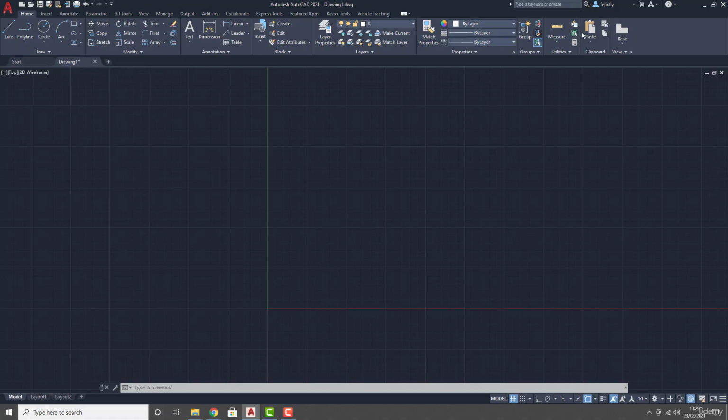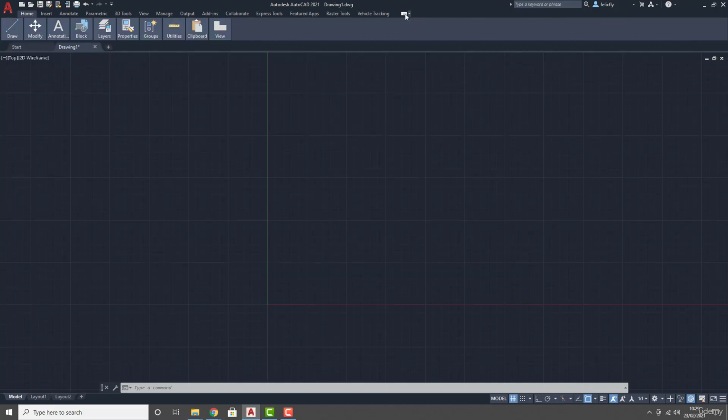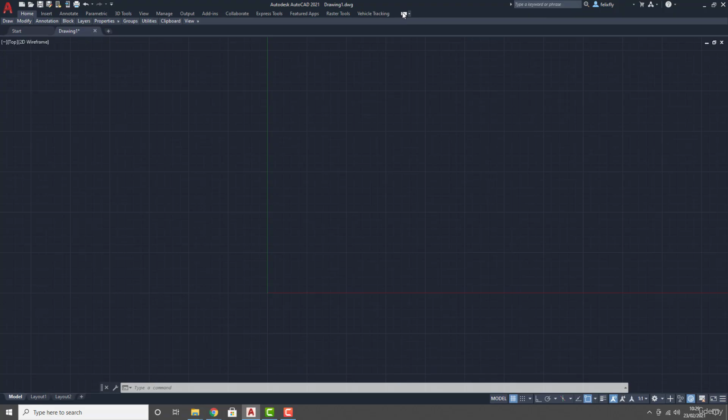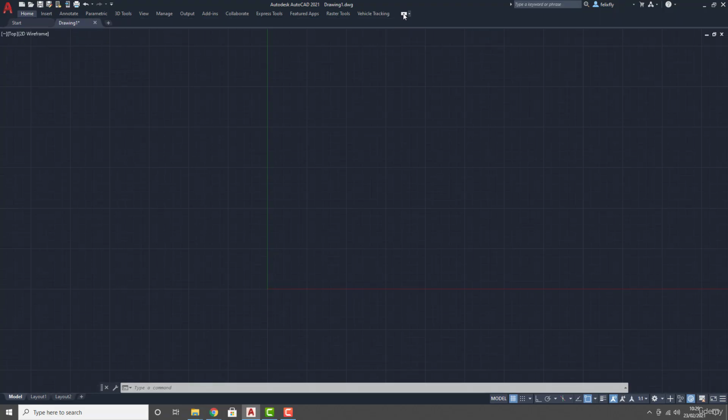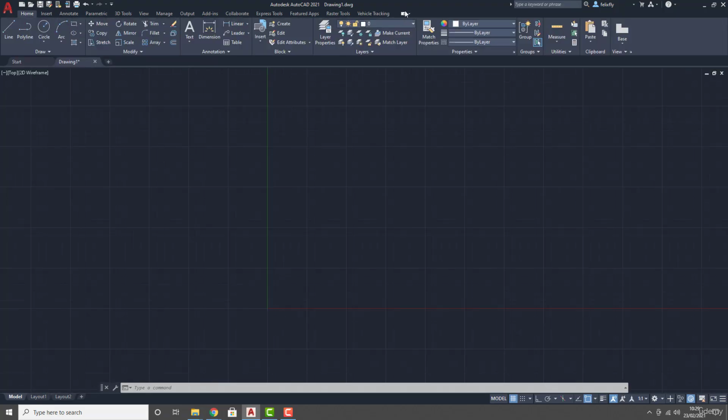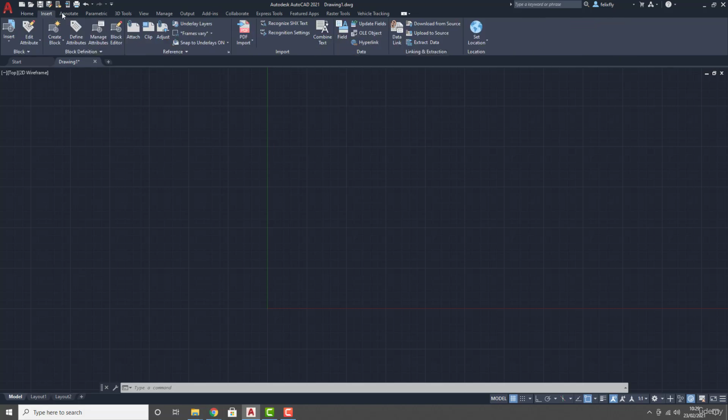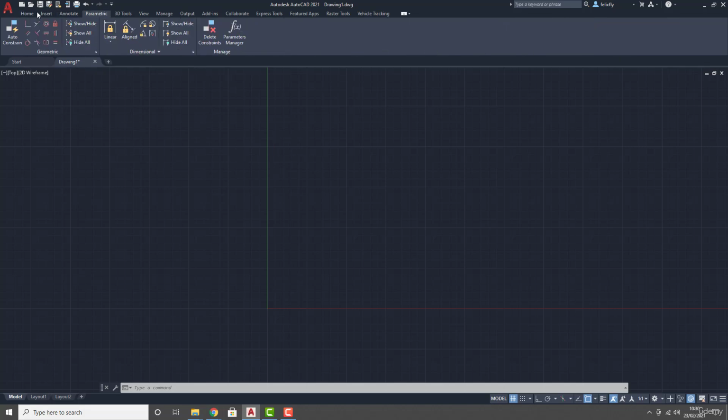Then you've got these boxes underneath. Now, if you can't see these, you have various options of how they are shown. So if yours looks anything like that, you just need to go through that button, and I recommend having it in this layout to follow along with the course. And these are basically your main tool panels. So in AutoCAD, we work with panels and we work with file menus. So along the top,